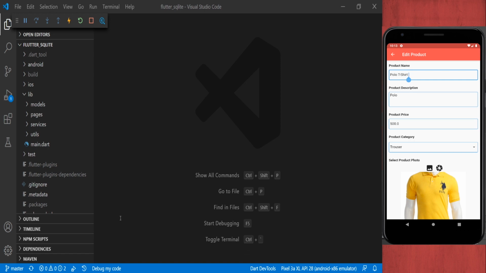In this video we will learn the simple way to use SQLite. We will do the CRUD operation by using form control, images and a local database, that is SQLite. And this is how our application will look, and this is the form we are using.